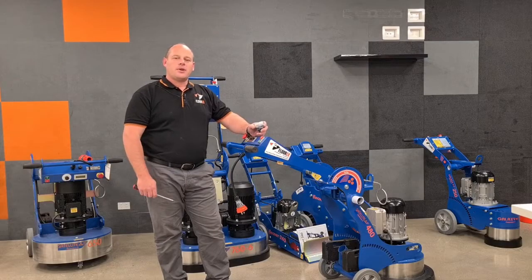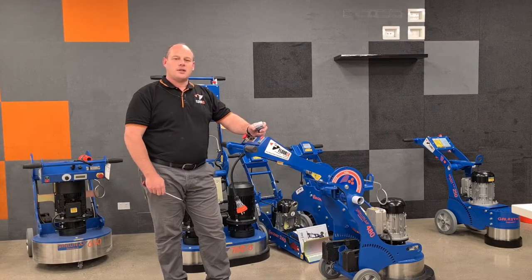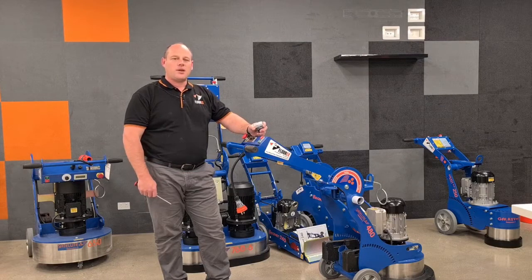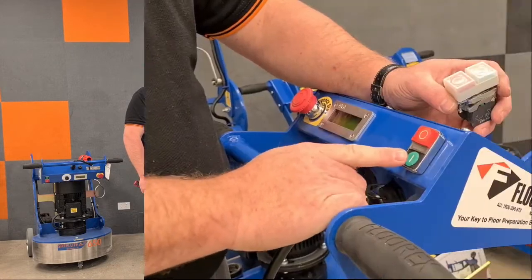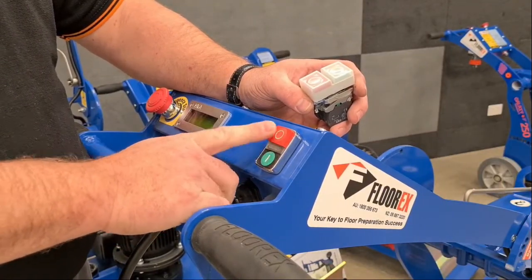Hello, today we're going to look at how to replace the start and stop switch on the Satellite and Meteor machines in both Mark II and Generation 3. And we're going to have a look at a couple of different switches that have been on these machines over the years as well. So you can see here on the latest version we have a start and stop switch